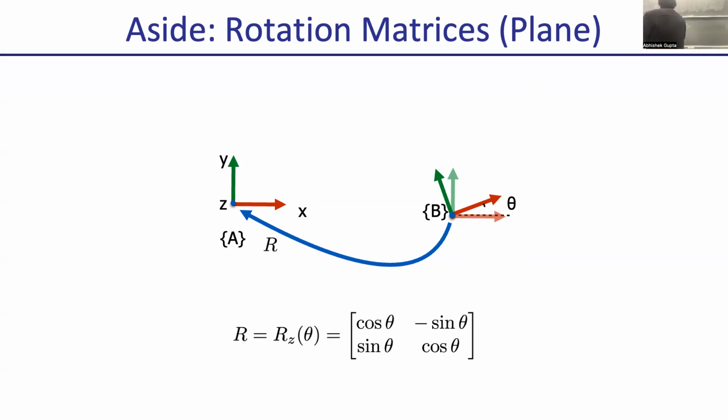But the general point to remember is that if the angle of rotation between the frames of reference is theta, that is your rotation matrix. And to rotate a point, you just take its x and y and multiply it by the rotation matrix, right? Okay, so